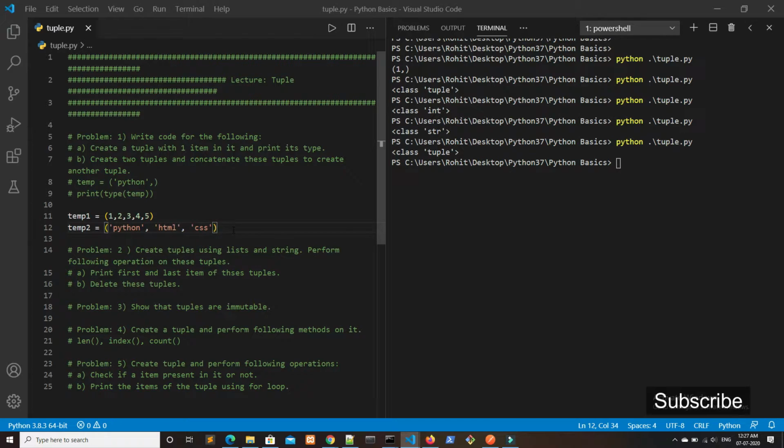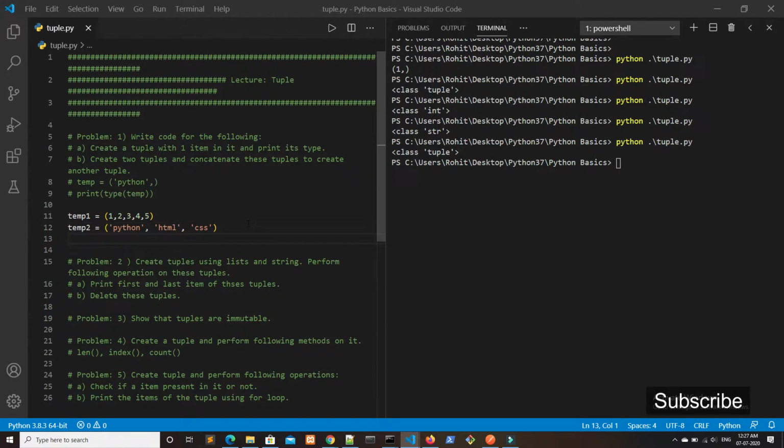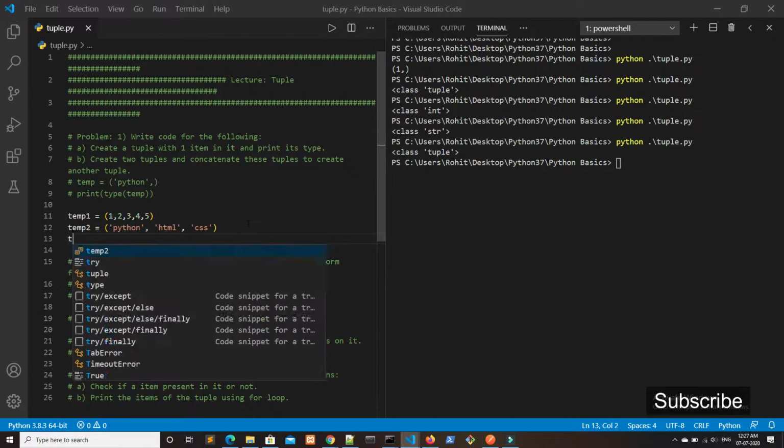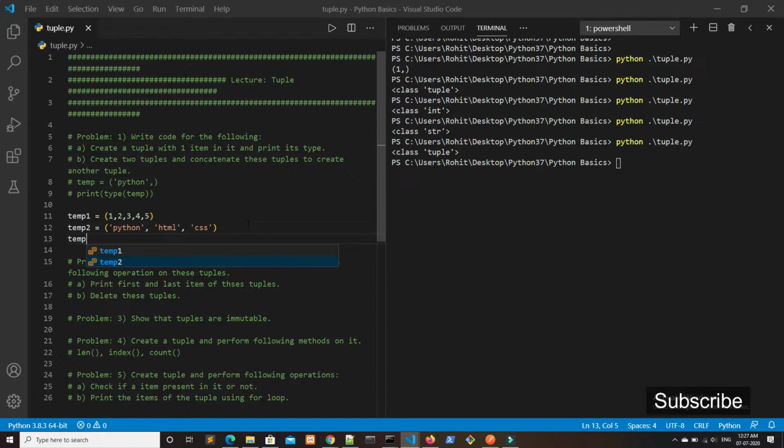So I have created 2 tuples. We have to concatenate these 2 tuples, and we have to store it in a new variable. So let it be temp3. We can concatenate it as temp1 plus temp2.